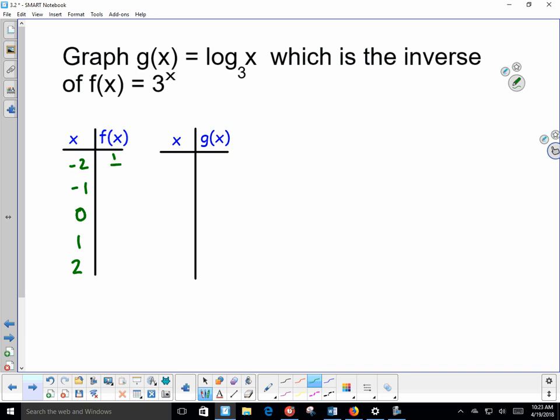1 over what? 1/9, 1/3. What's this one? 1, and then 3, and then 9. And then here you're just going to switch those ordered pairs, and then you're going to graph them on your graph. Okay. And so then you'll graph them, and they're going to be mirror images over the line y equals